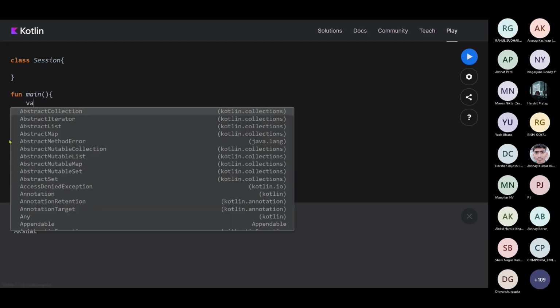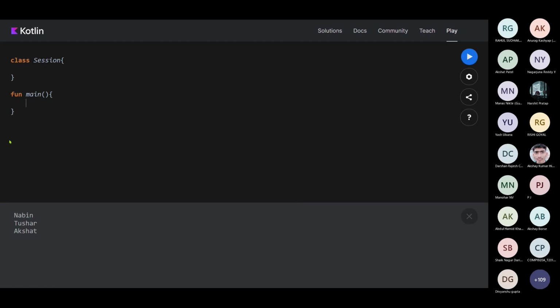For example, I create a val a, an object of this class session, so that I can call it. Here I'm printing something. Now enter. See, I have created a class.